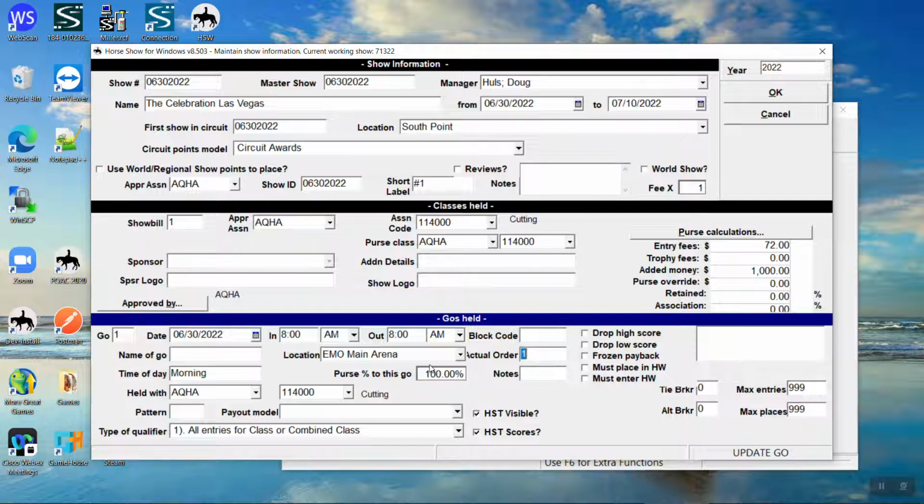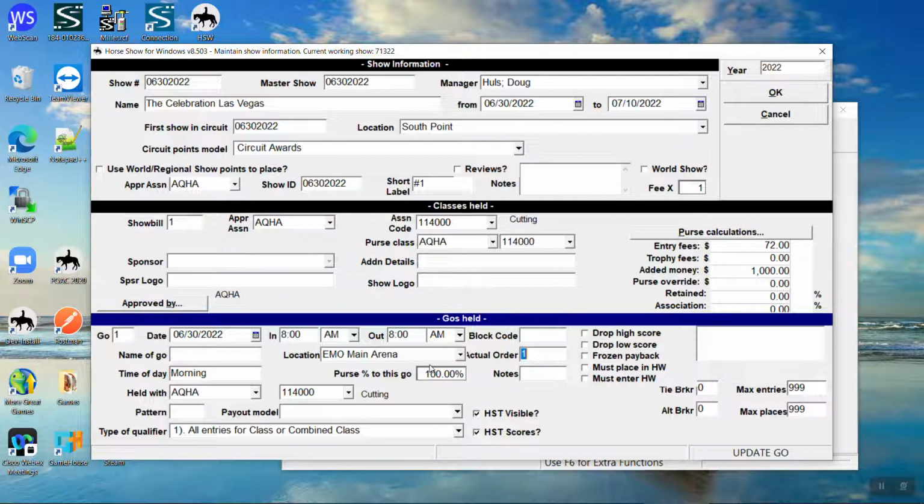However many that you enable. We'll talk about that when we get to the mobile tools, but you can enable the entire show or just the day or just the location or one class at a time, depending upon if you're at a world show or Congress. And this is where the online entries and all that stuff is tied together with just these three pieces of information. And this Go information is now going to have lots more to do than it originally did